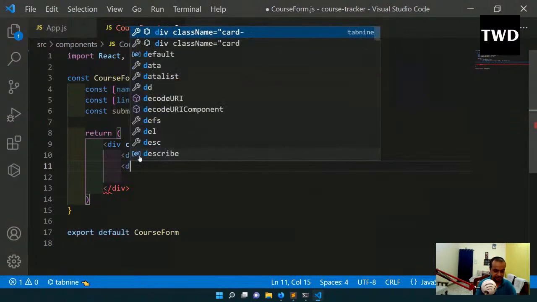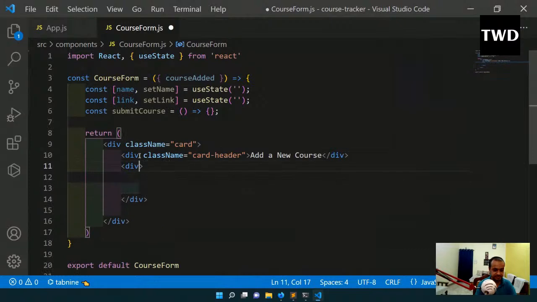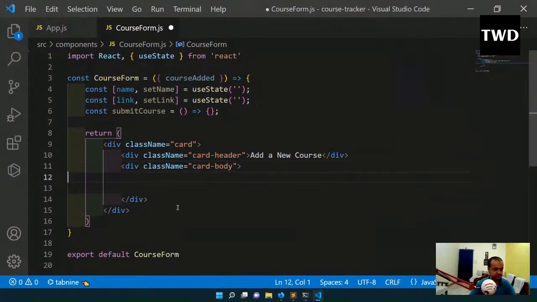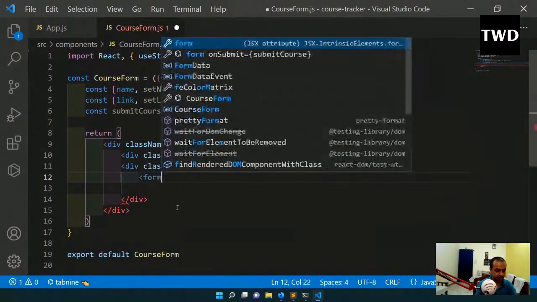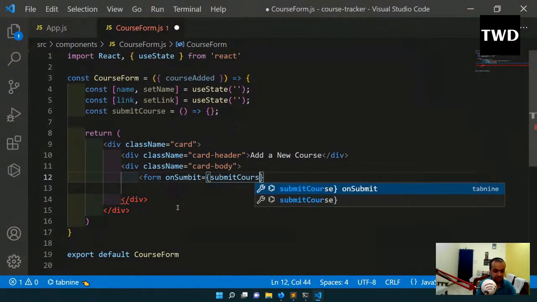So used to emit div class name equal to card body. Card header, after that card body is there. And inside this card body we'll have a form, and in the form we'll have onSubmit equal to submit course,